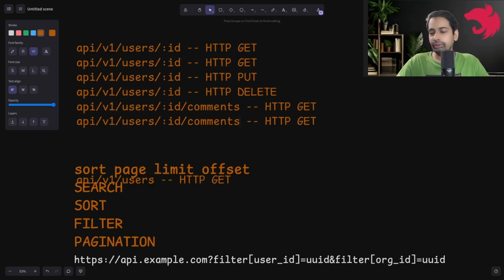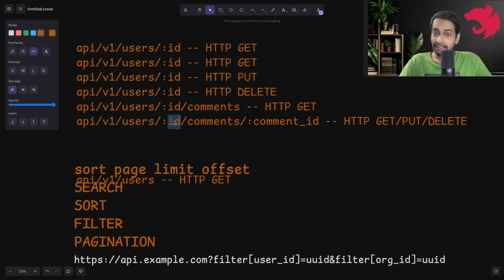You can also play with a particular comment ID, right? Here it can be simply HTTP GET, put, delete. All these APIs can be created here, where you want to delete a comment created by this user ID. So you will check, okay, has this user created this comment? Then only he can update or delete. So this is how you create the resources, and always create plural resources, users, comments, right? So it can be delete.